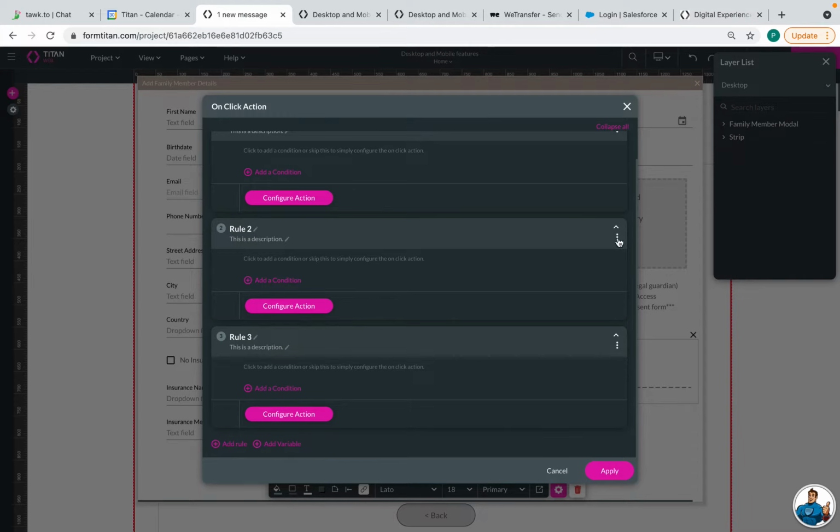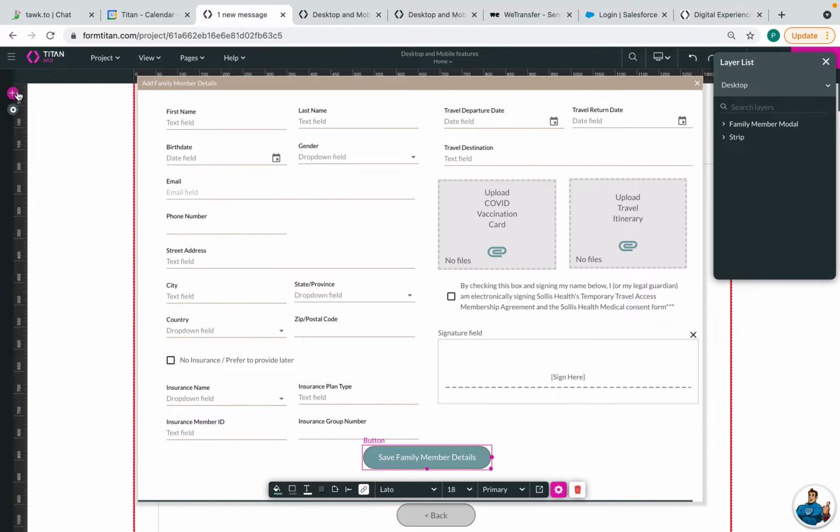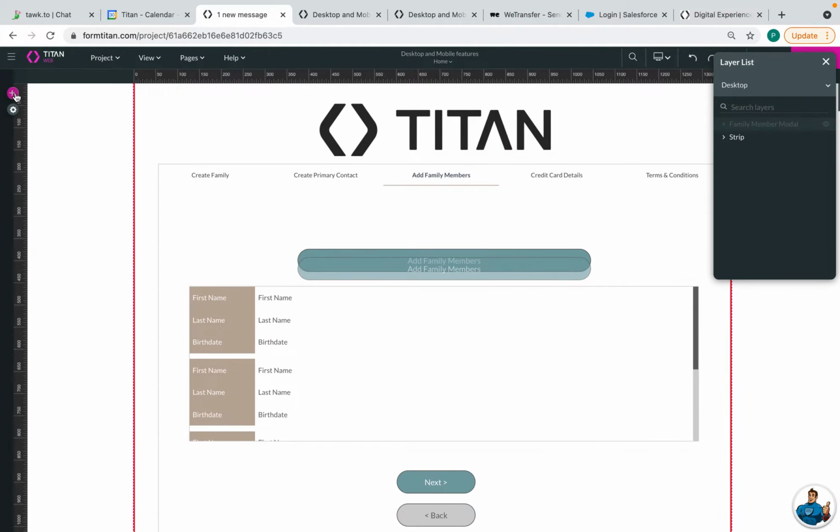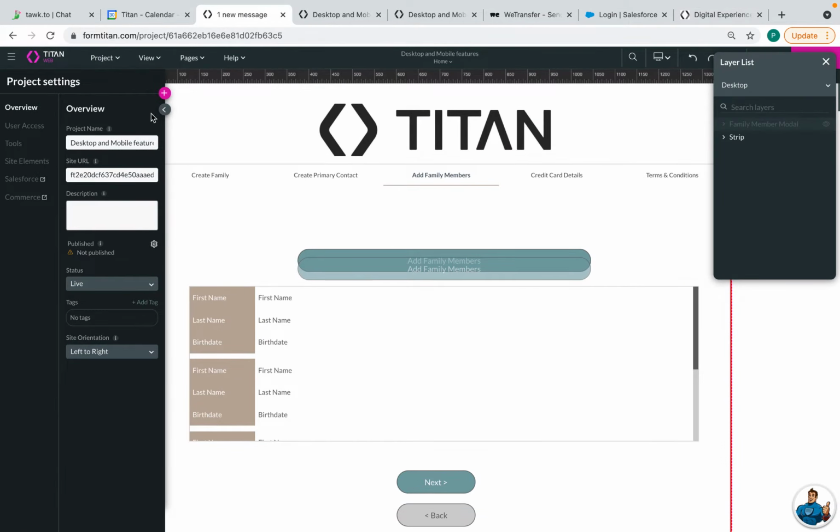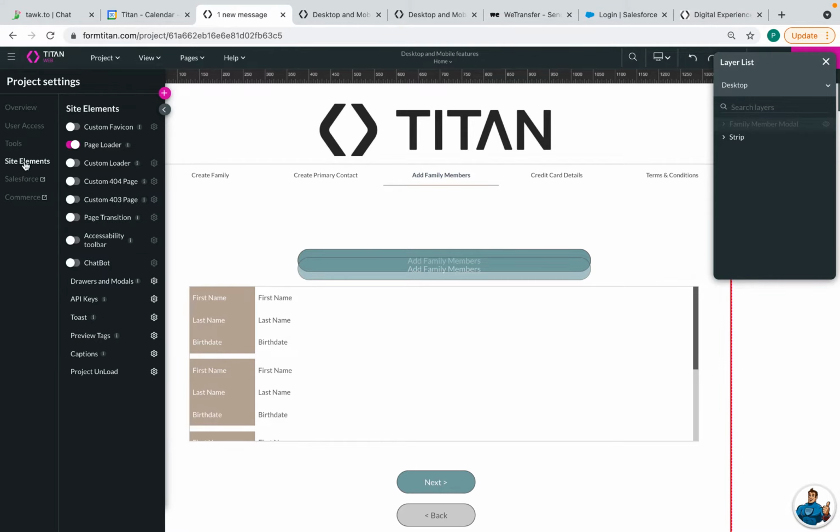And actually, we do not need this rule here. So you don't need to have it get the power table contacts because, and I'm going to show you why, we have a condition on the parameter themselves. So if you go to settings over here, go to site elements,